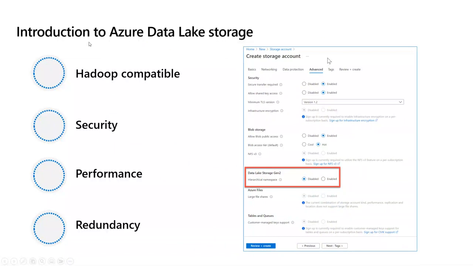Now, supporting all those capabilities, remember I told you that you have your Azure Data Lake storage. Why? Because it's going to be Hadoop compatible. Hadoop is a way of structuring your files within a distributed architecture. And why do you have an architecture which is distributed with nodes and clusters? It's because of big data again.